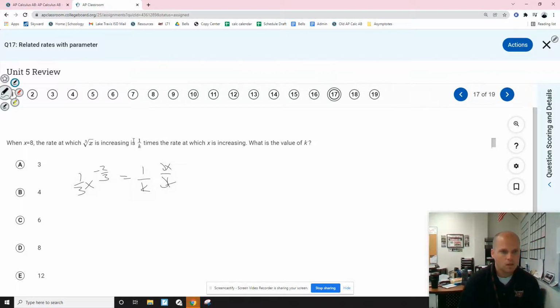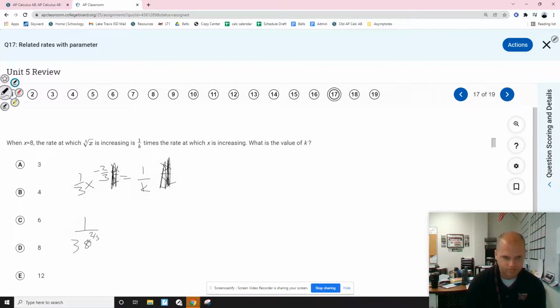Okay. Derivative of this is 1/3 x to the negative 2/3 times dx/dt. That equals 1 over k times dx/dt. When x is 8, what is k? Well, the dx/dt's actually cancel out here. This is a question you don't have to worry about either. It's a good question, but